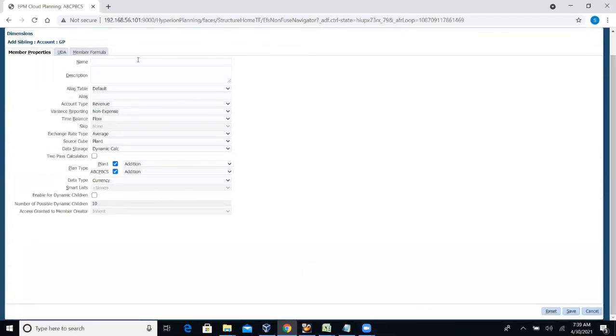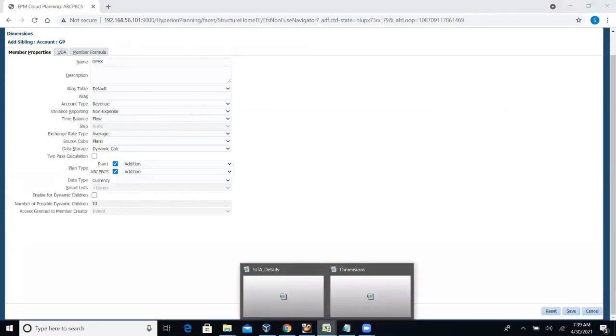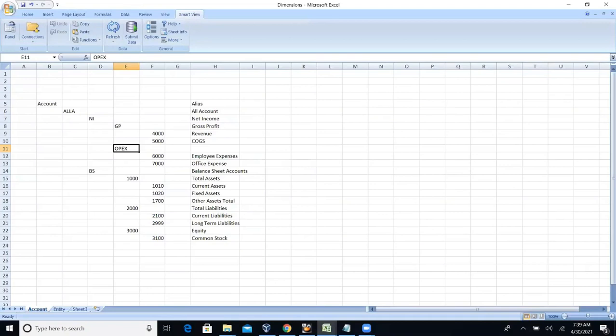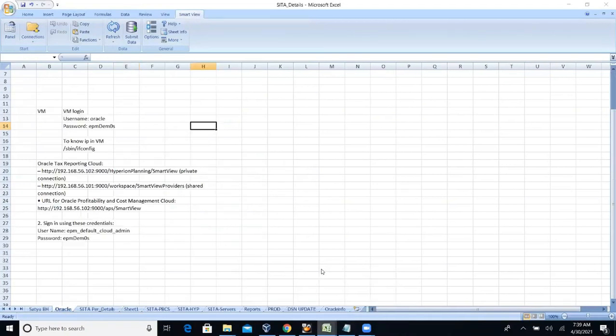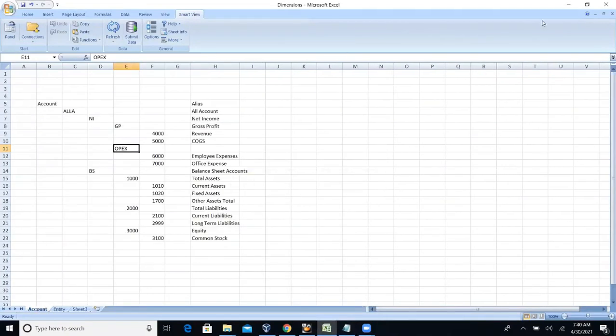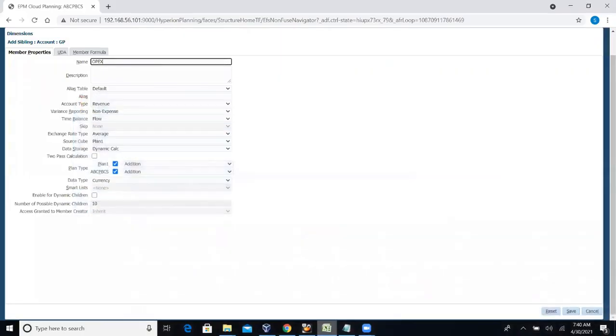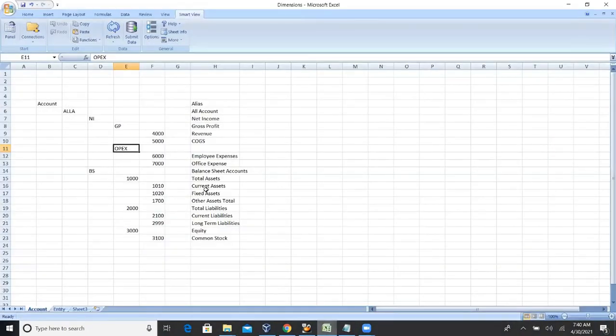That member is OPEX. The majority of the dimension load, we will do using SmartView or EPM Automate only. And I will show you tomorrow.